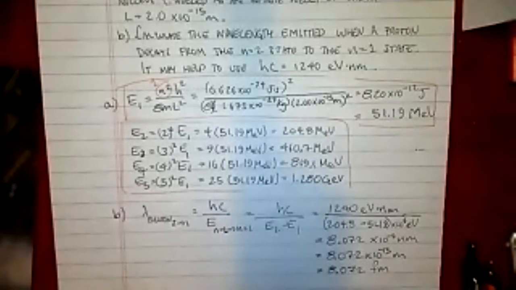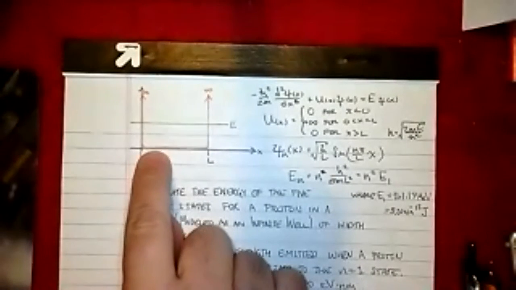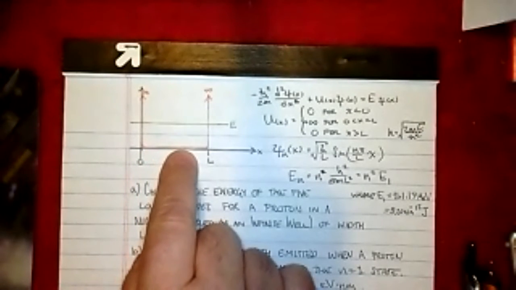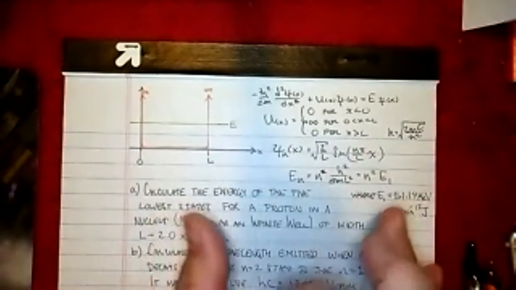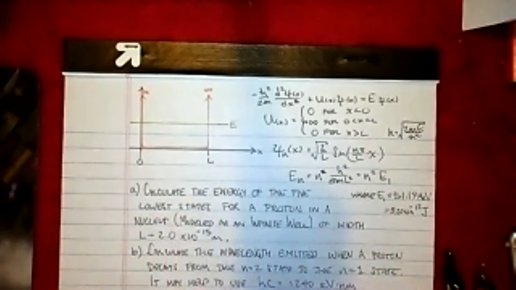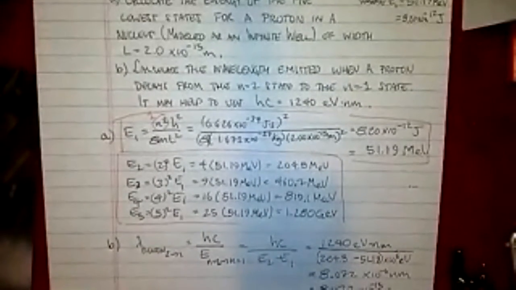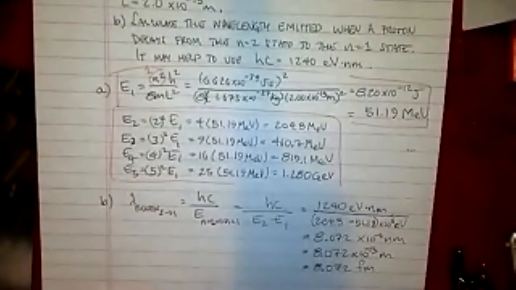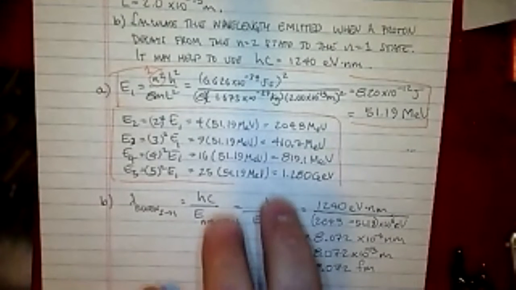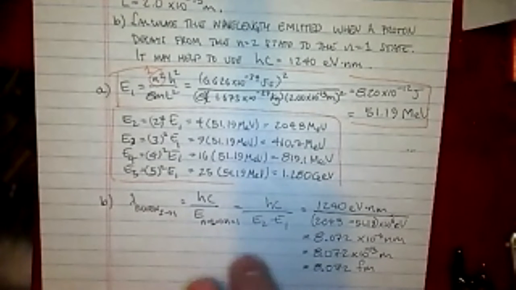So not only does this infinite square well give us a neat idea about quantization, it gives us a wave function, it actually gives us a realistic model of the nucleus of the atom, in the sense that it predicts that if protons or neutrons change energy states within the nucleus, then it should put out photons on the order of 10 to the negative 15th meters in wavelength. And that's exactly what we found